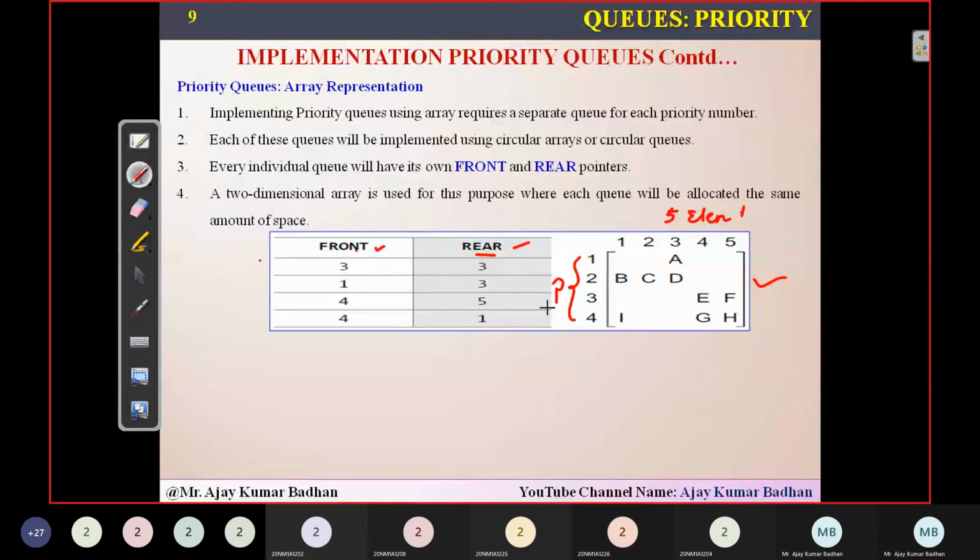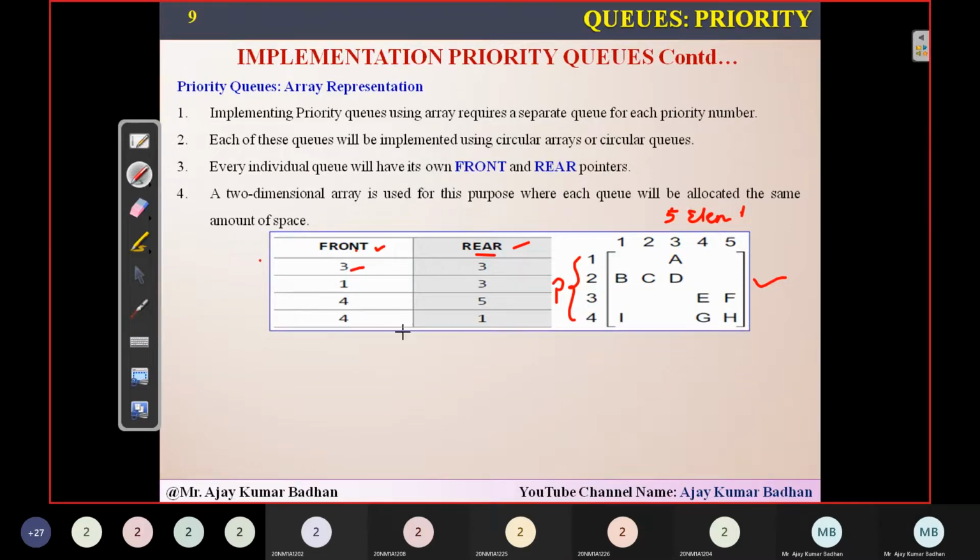So 4 rows, 5 column matrix. Columns will be used for storing the elements, and rows will be used for representing the priorities. Remember that. Now here, if you see front and rear, front is starting at location 3. Rear is, this is a table.